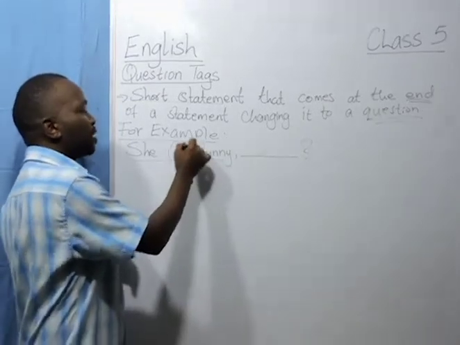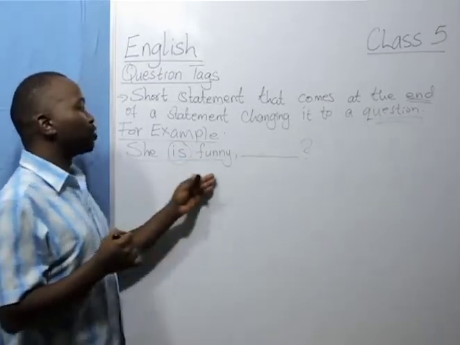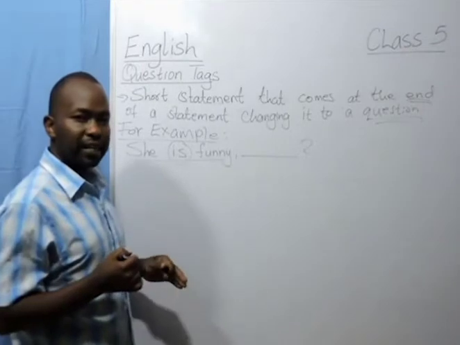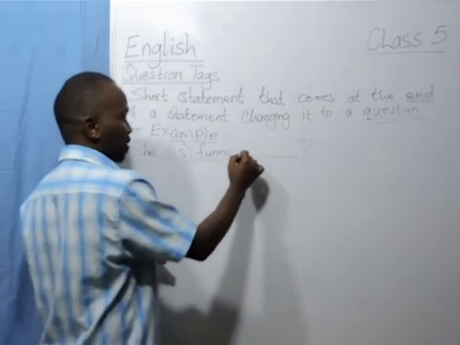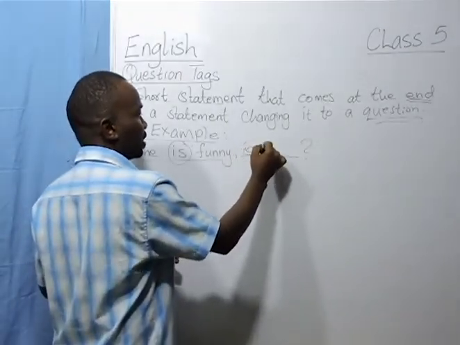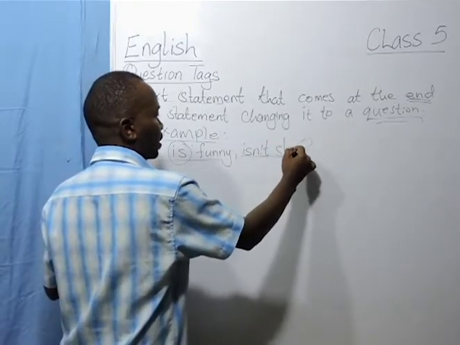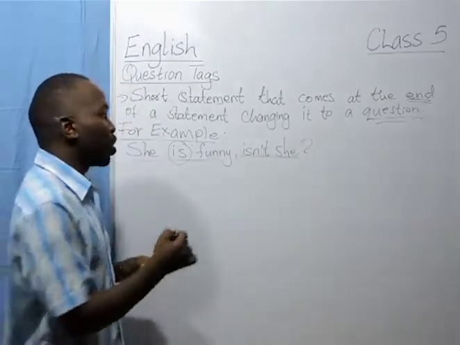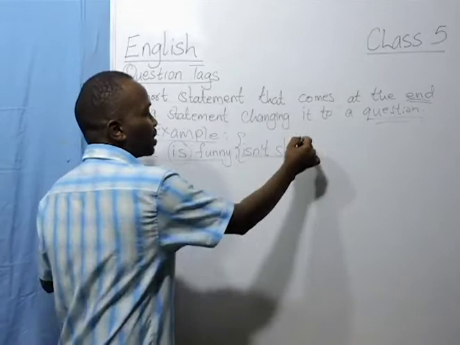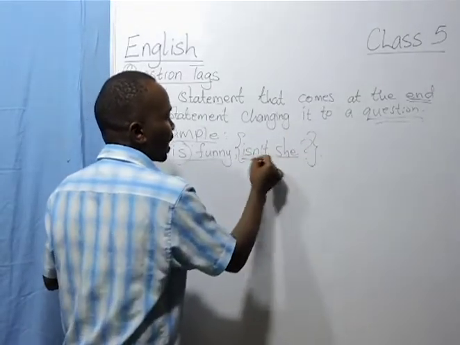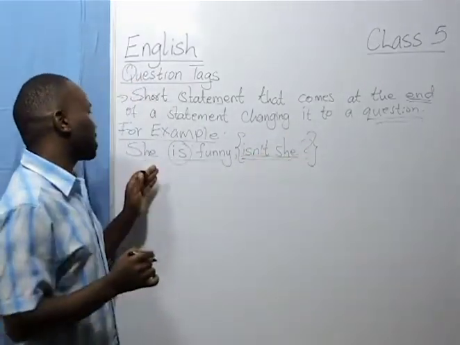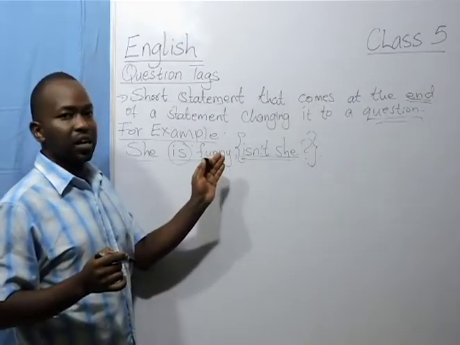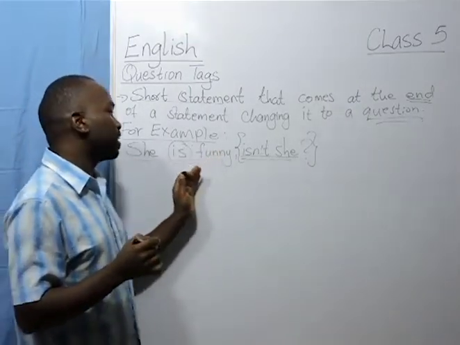Using the helping verb, we are going to form the question tag in that statement. She is funny. Isn't she? So now this short statement, that is a question tag, changes this declarative statement into a